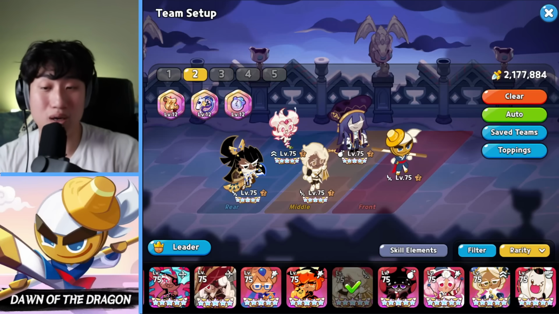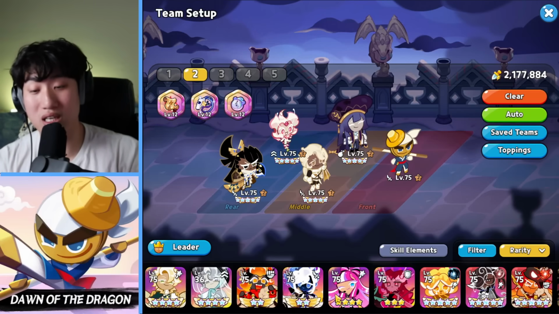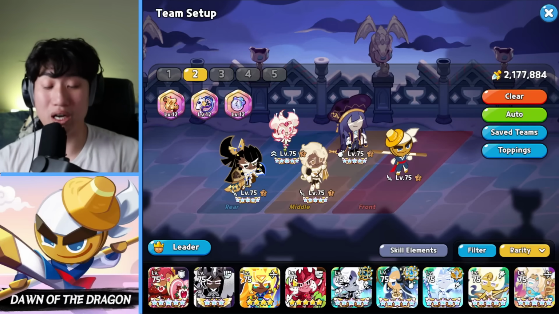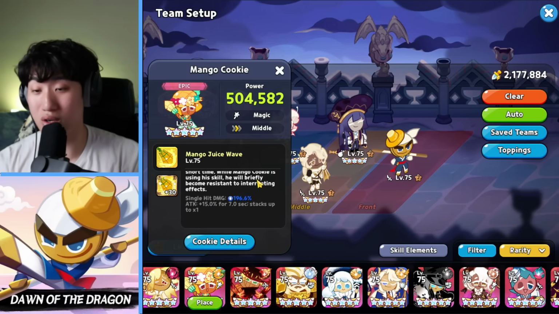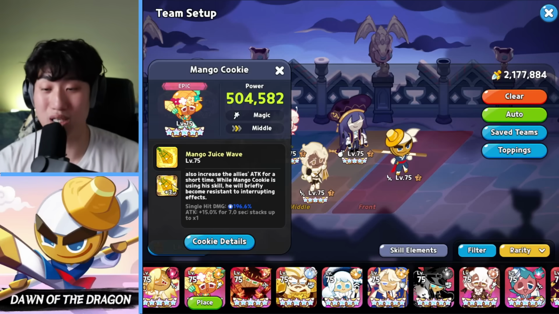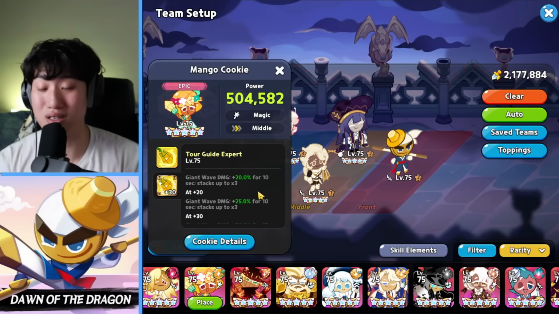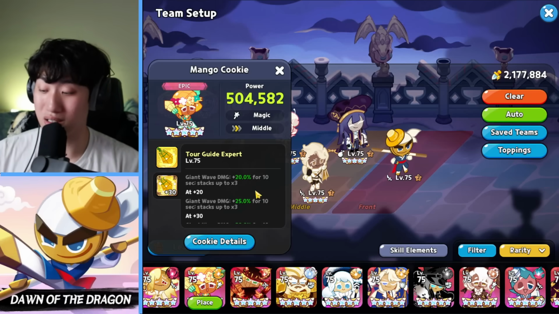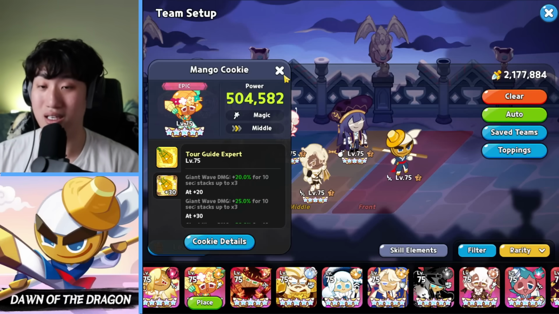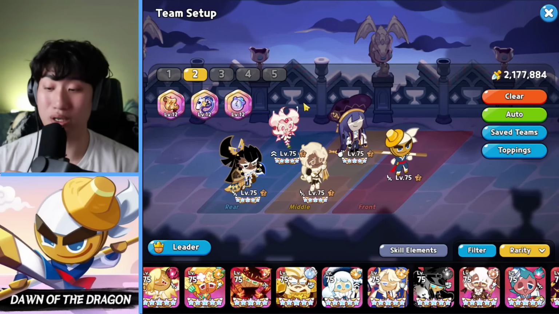alive. Black Raisin can be replaced with someone like Mango Cookie. Mango Cookie is someone you can try to replace. Of course, there's the RNG factor of Mango, just keep that in mind. It's based on whether you can actually get the big waves or not. So that's the reason why Black Raisin is a little bit better and more consistent in how it works,